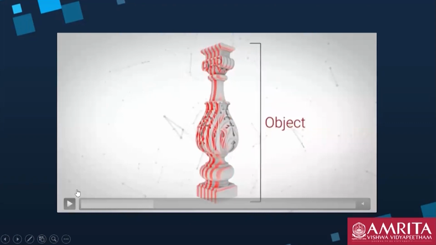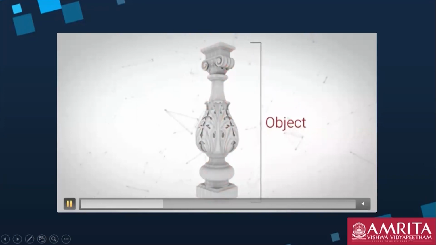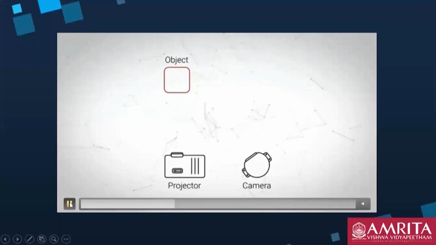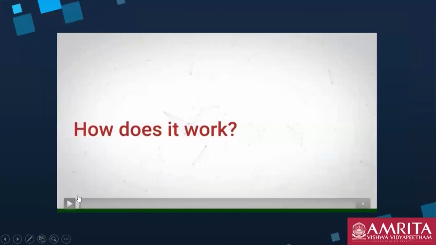Now what exactly happens in the principle of this? You have a projector, a camera, and an object.